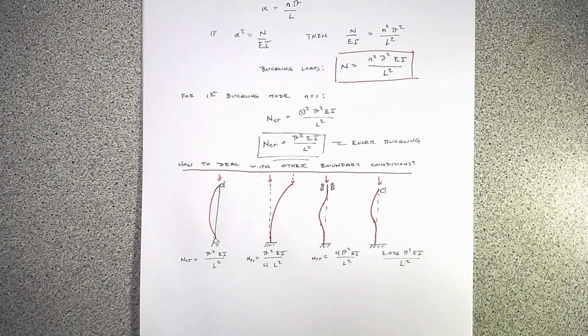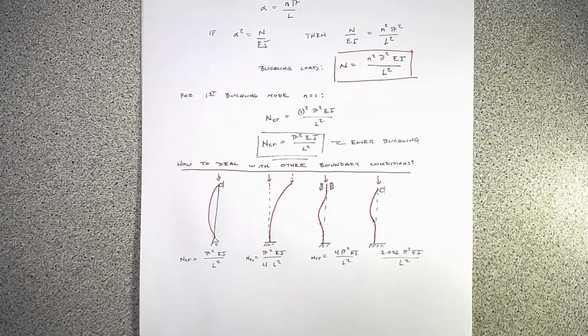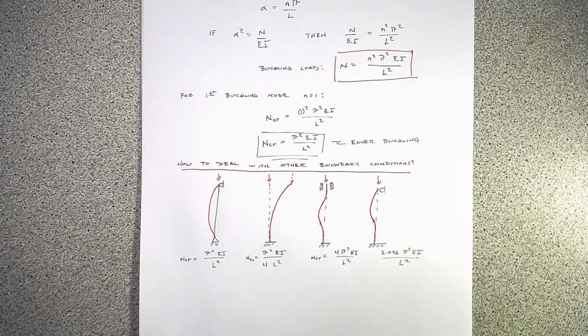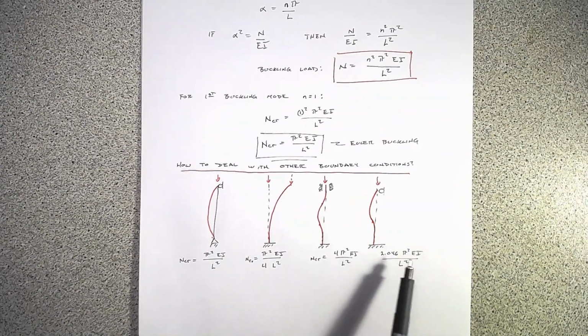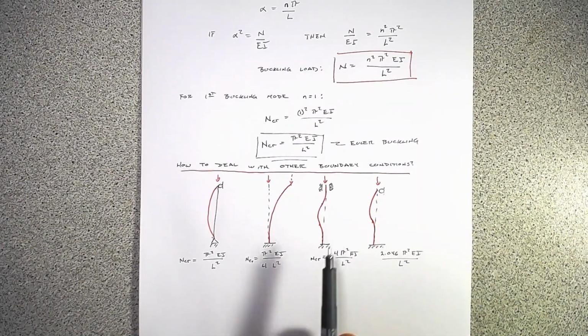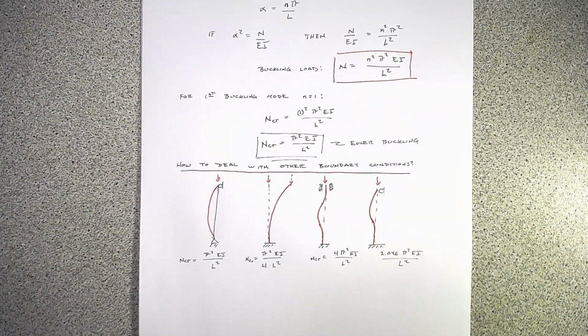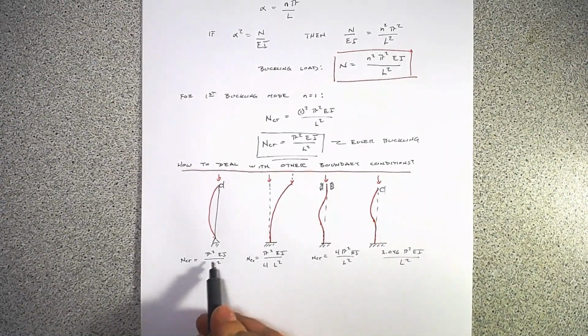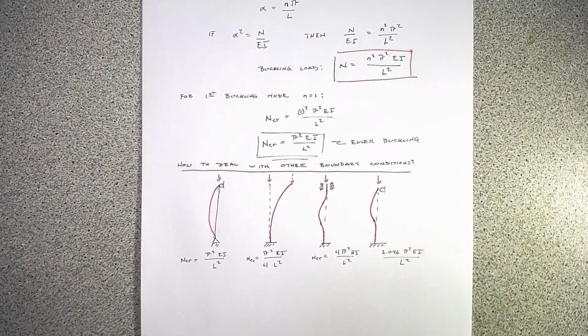And if we fix one end and leave the other end pinned, we'll have something in between the two. But another thing to note is that all of these shapes still hold the same pi squared EI over L squared. They still hold this half sine function. And so instead of memorizing a 4 on the bottom, a 4 on the top, or a 2.046, we want to essentially just modify what this L term is here